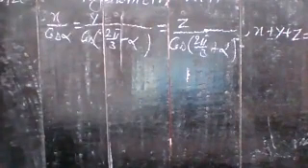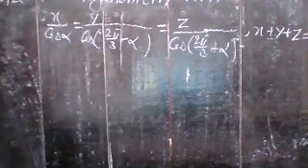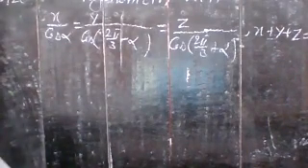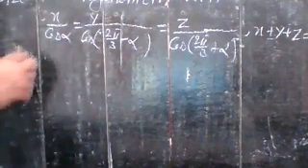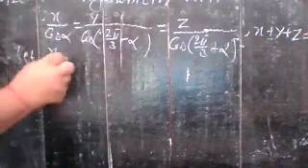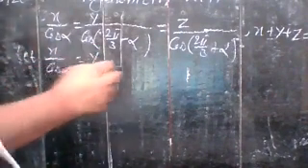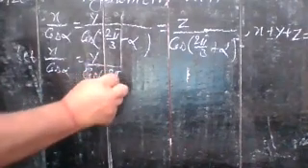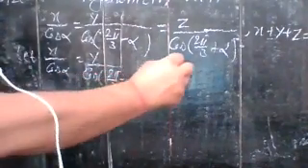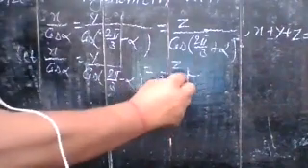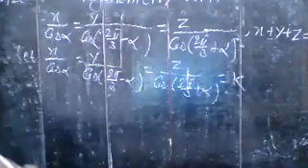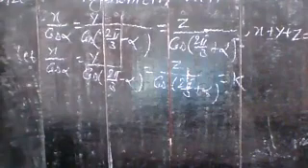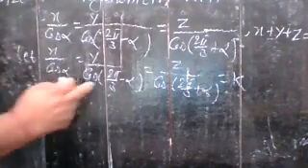Now putting all those values into the required expression, that means x plus y plus z, and simplifying it, see what your result is. Understand? So first of all, assume in this way: let x upon cos alpha is equal to y upon cos of 2 pi by 3 minus alpha, is equal to z upon cos of 2 pi by 3 plus alpha, and is equal to k. Suppose all those values are equal to k. So you can find the values of x, y and z.